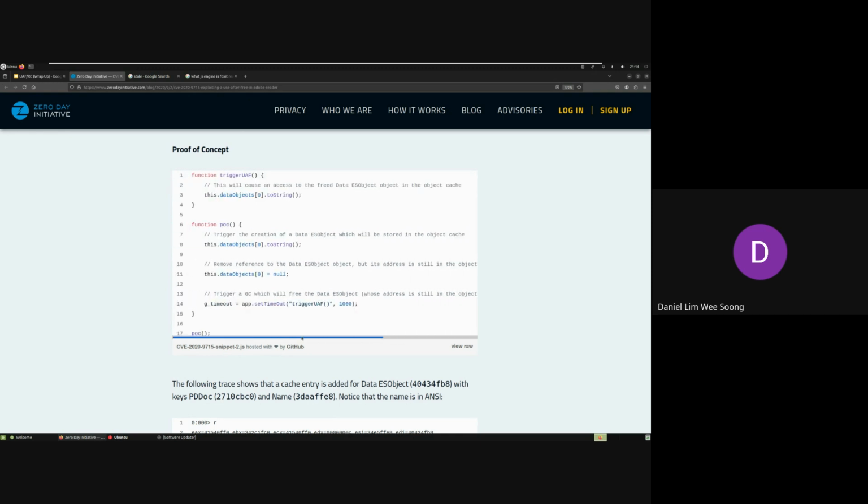What happens here is you set a timeout, and this timeout is, I think, 1000 milliseconds. So after 1 second, it calls this function, triggering the UAF. A lot of JavaScript exploits in the past are in this format. You use a function that will call a callback. Then when this function is called,